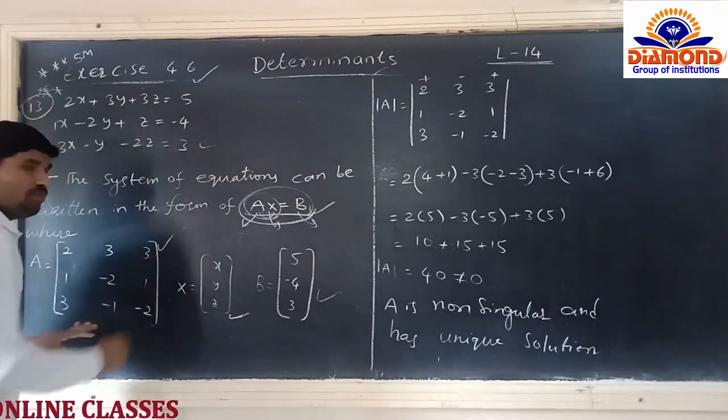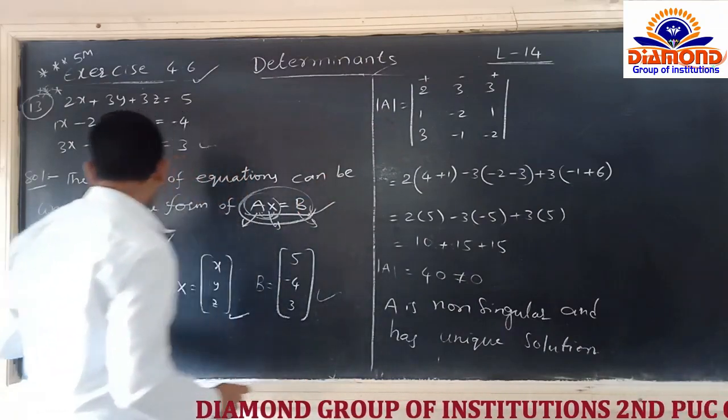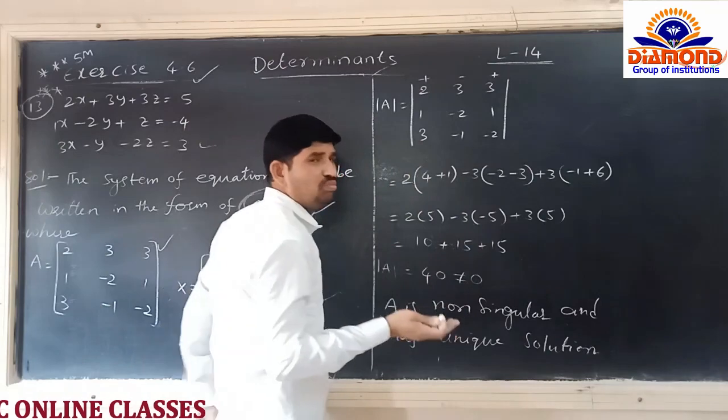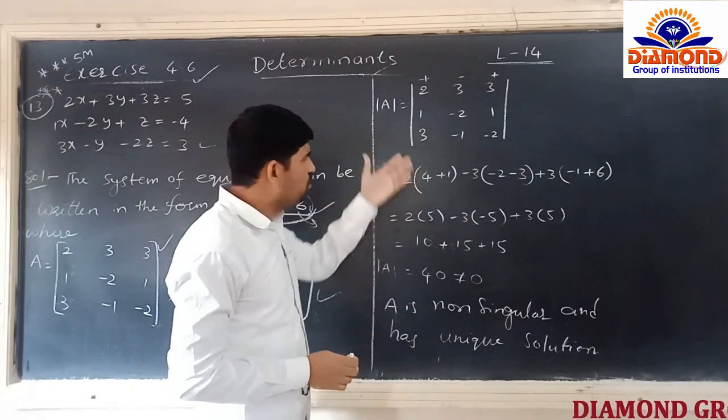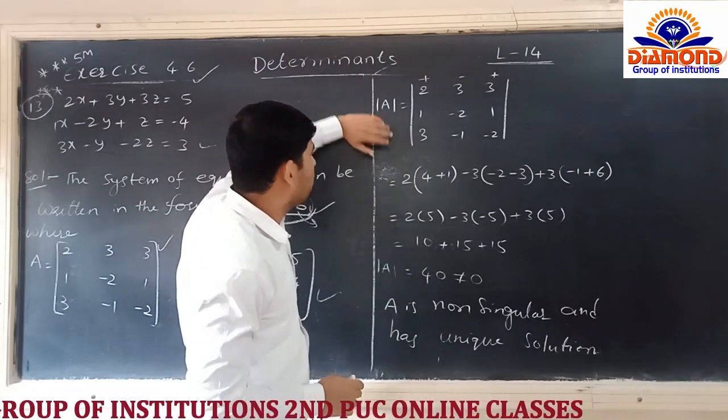After having the matrix here, immediately we have to start the determinant of A. We apply the determinant symbol here on both sides for this matrix. We know how to make the determinant. Now you can start in parallel, and we can complete this solution. So now you also start.